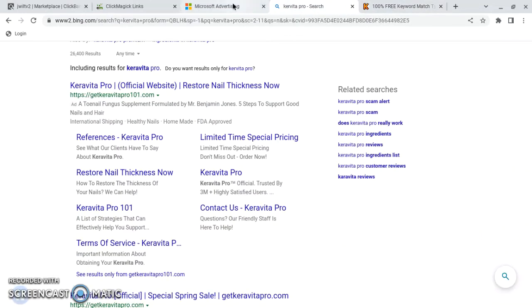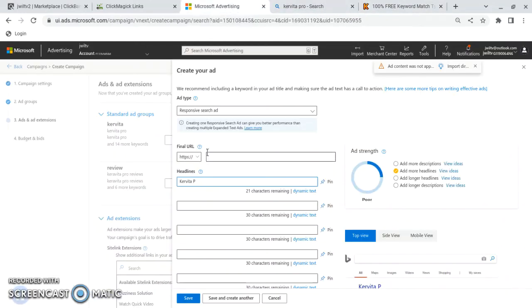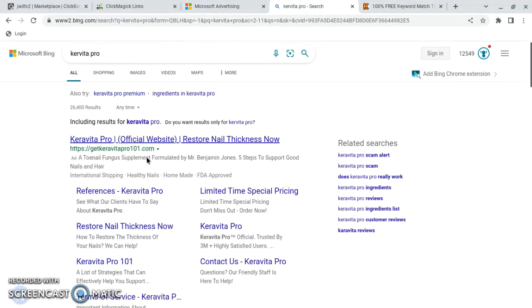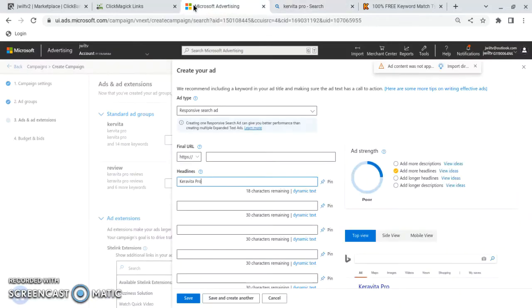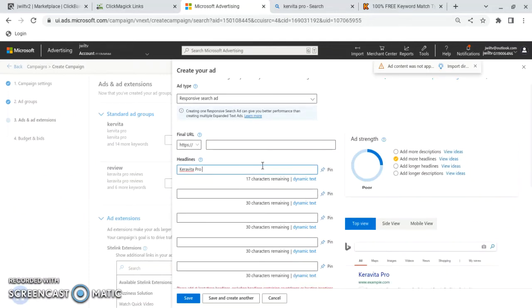Okay, I spelled it right in keywords. I still feel like I spelled it wrong. Let me see. Caravita Pro. Alright, it should be good. Just looks wrong for some reason. Caravita Pro